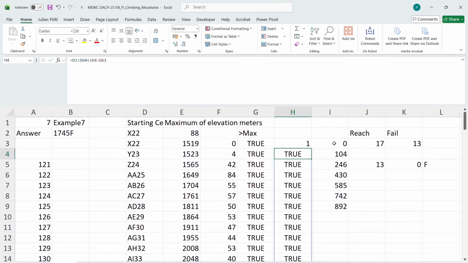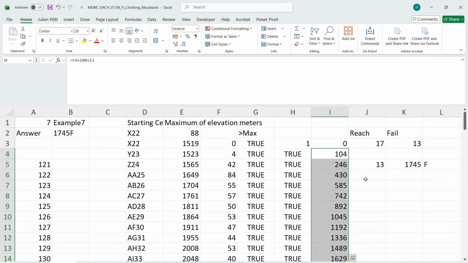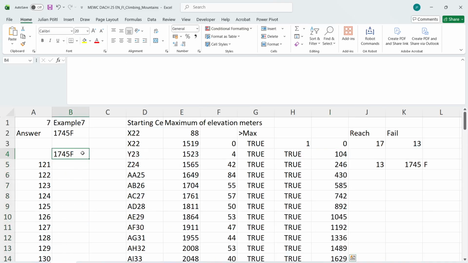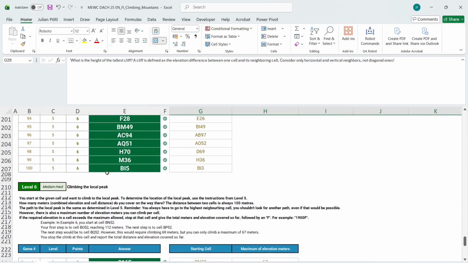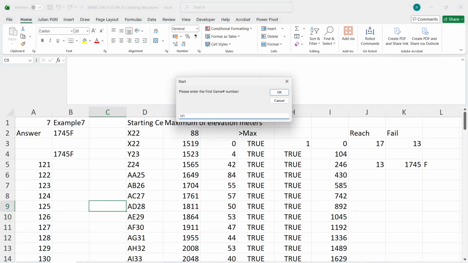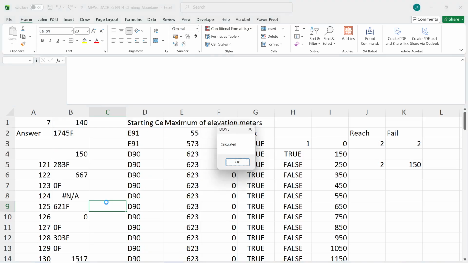That should be okay. Is this right? It looks too easy. It's basically a copy of level 6 with differences. Okay, let's test. If that's right, then I should have done level 6 because level 7 is